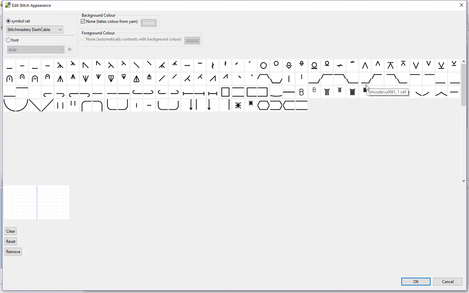And then we've also got the one that we will use just now, which is the horizontal line but not coming fully to the edge of the stitch. So to place that stitch, we first of all want to come and highlight the first cell. So clicking down with the left mouse or trackpad button and holding that down as you drag down to the bottom opposite corner and then click on the stitch symbol.